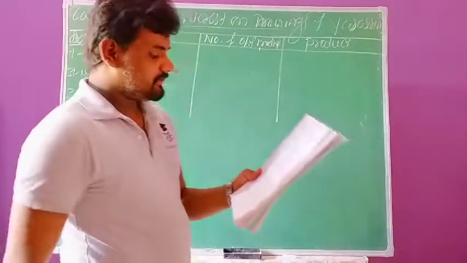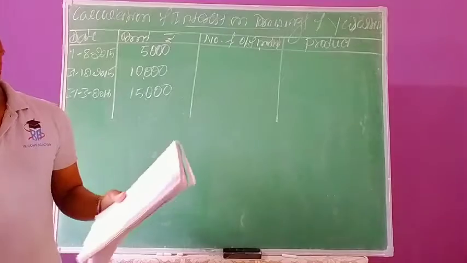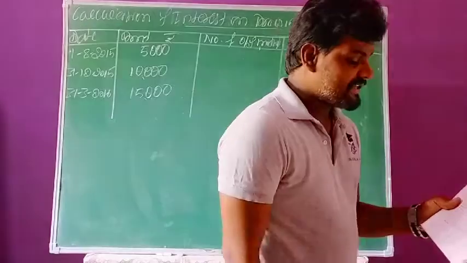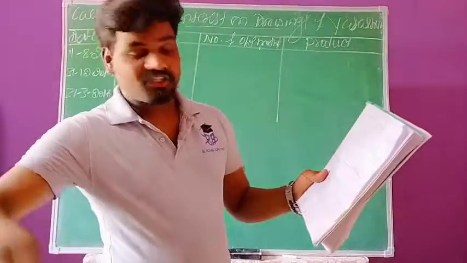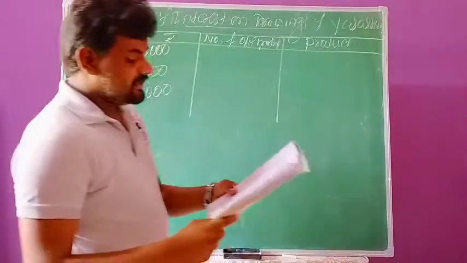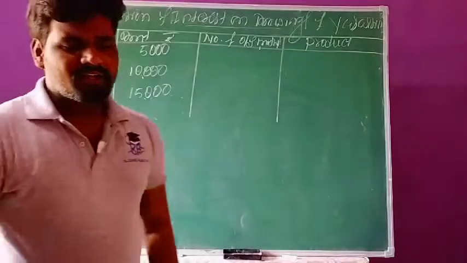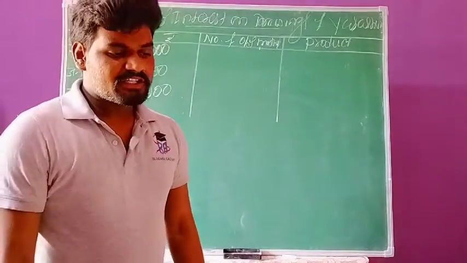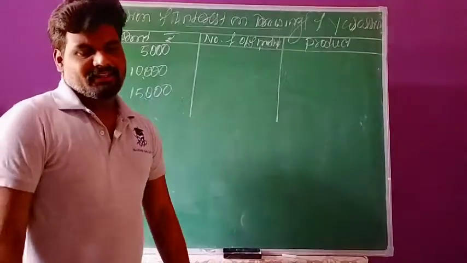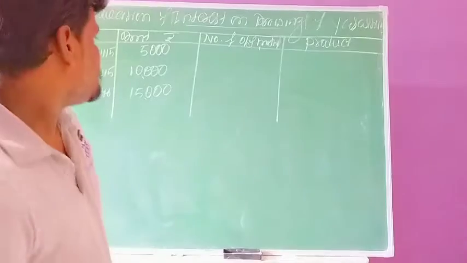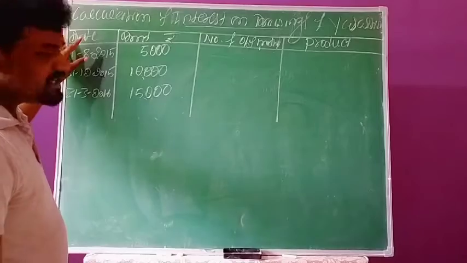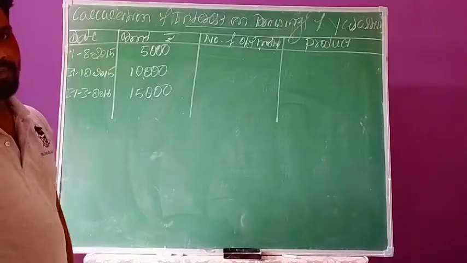So they have given some required information for the calculation of interest on drawings. The partnership deed provides that partners are to be charged interest on drawings at 12% per annum. So here we need to calculate interest on drawings. Before that calculation, first of all we need to identify the total products in the business organization. First we need to identify the amounts withdrawn by the partners.